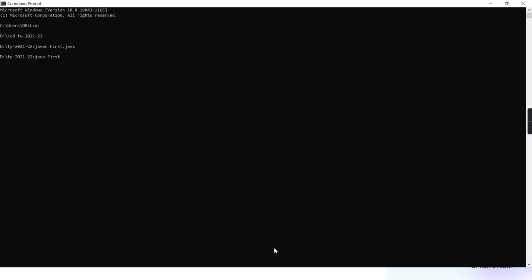See here, Java first. First it will search for first dot class in the directory. The class loader will bring it into the memory. Third, signature verification. And fourth, it will search for main, which is public static void main, and it will call that main. Now the process of translation starts, bytecode to machine code and all. But the flow will start from main. The entry point is main. From there it may go somewhere else, and come back, and the completion will be with main only. And when main is over, it will come back to JVM, and JVM will come back to OS.